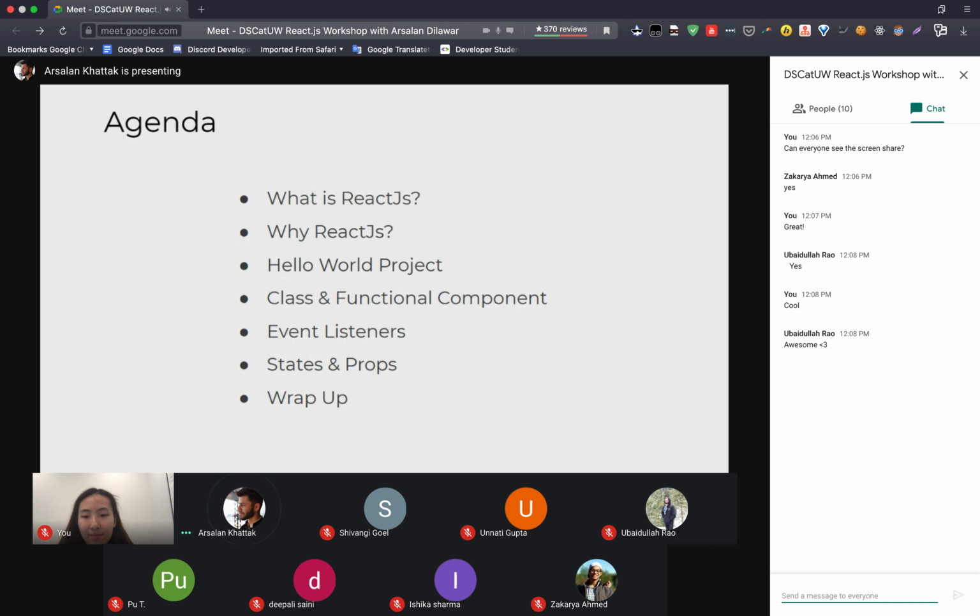So the things that I mentioned here, like class components, functional components, event listener, states, and props, these are the basic building blocks of React.js. So in order to work with React.js, these are the essential things that you need to understand. So once you understand these, you will be able to work with React.js and you will be able to make your own apps in React.